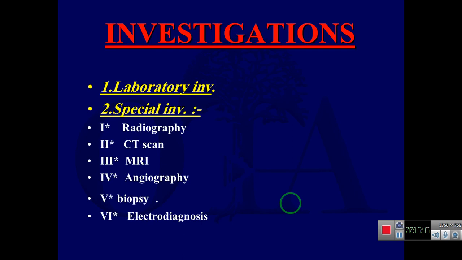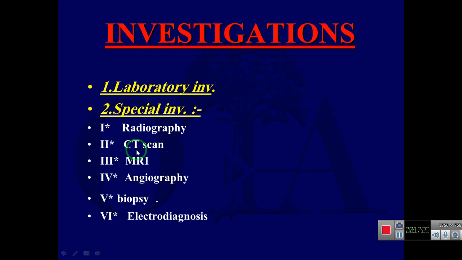The next is the investigation, and in the investigation we have laboratory investigation and special investigation. These help to confirm the diagnosis and in some cases help to make the diagnosis. For example, a crack fracture can be diagnosed by X-ray. The investigation includes laboratory investigation consisting of blood count, routine hemoglobin, urine and so on, or special investigation which includes X-ray, at least 2 views of the affected part,